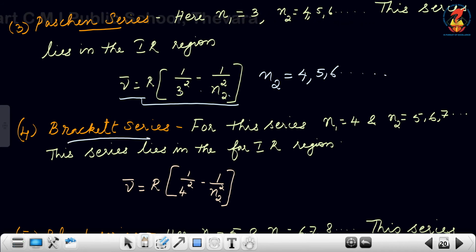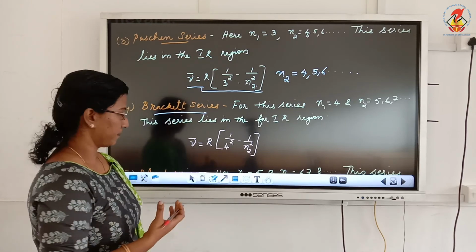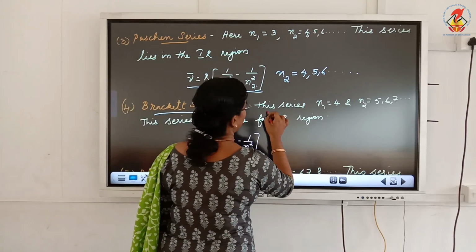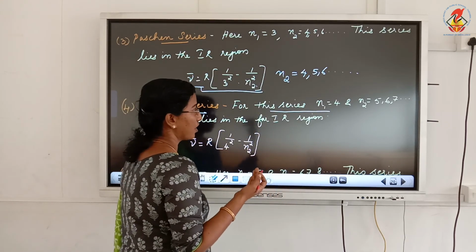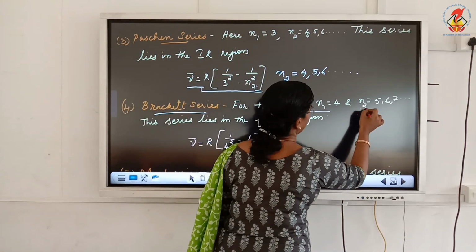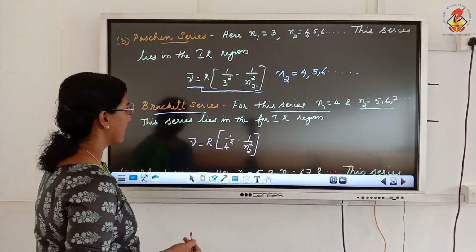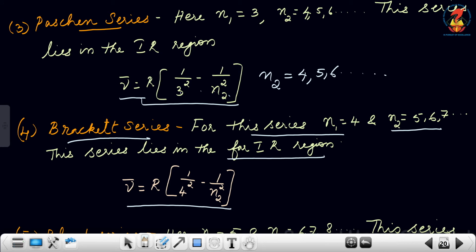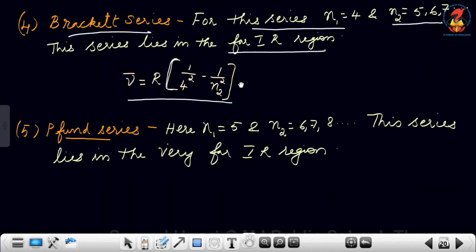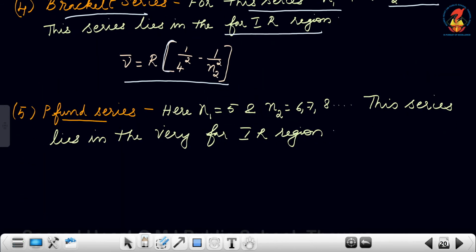Next we have the Brackett series. All these are named after the persons who found it. In this series, n1 is equal to 4, which means excited electrons in the higher levels will jump to the fourth state, and n2 will be 5, 6, 7, etc. This series lies in the far infrared region. So nu bar is equal to R into 1 by 4 square minus 1 by n2 square. And finally we have the Pfund series, in which n1 is 5 and n2 is 6, 7, 8, and this series lies in the very far infrared region. So using these equations,